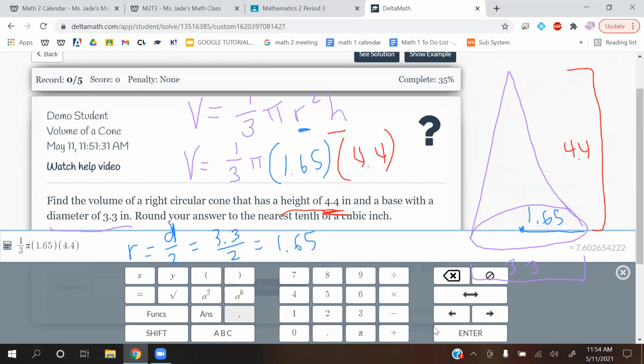Oh, sorry, I forgot to write the squared. Part of the formula has a squared in it, so your radius gets squared right here. I did not write that earlier. Please write that if you missed it just like me. So it gets radius squared. So over here, squared. So 1/3 pi r squared times the height. So 1/3 pi 1.65 squared times 4.4, which gives us